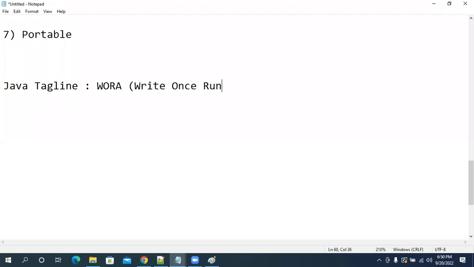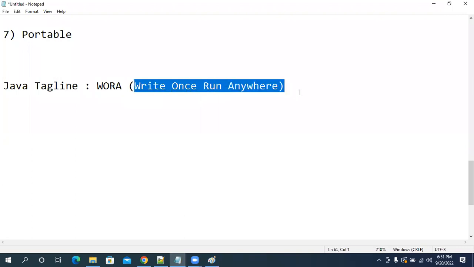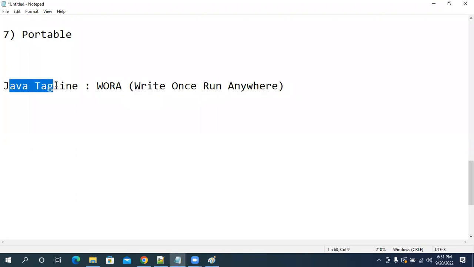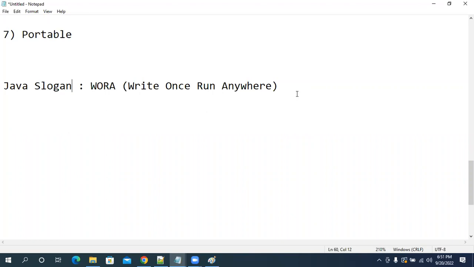Write once, run anywhere. That is the tagline of Java. If you write the Java program once, you can run that program anywhere because the JVM is there.